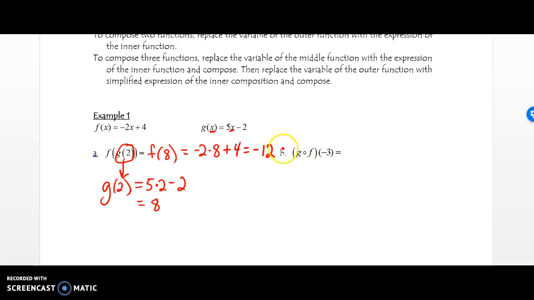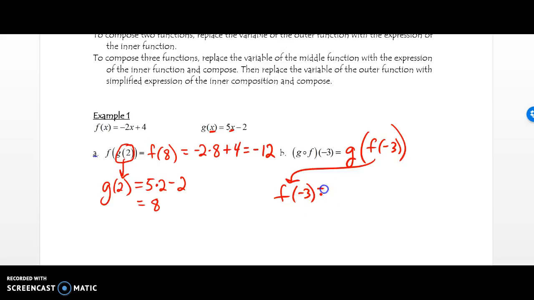Okay, example B in this set, we're still using the f of x and the g of x defined at the top. So this is just using the different notation. So the order is important here. So this is saying we're putting f into g. So another way to write this would be g of f of negative 3. So this says that we need to evaluate function f at negative 3. Then we have to take that answer and evaluate function g with that answer. So let's do f of negative 3